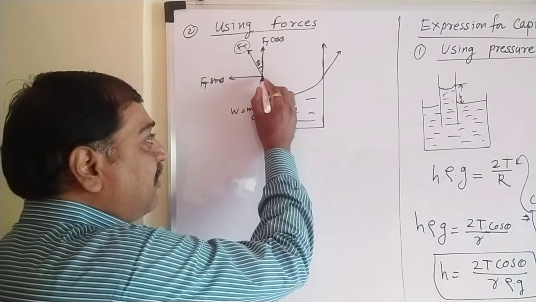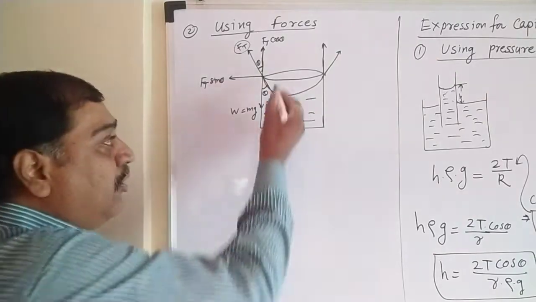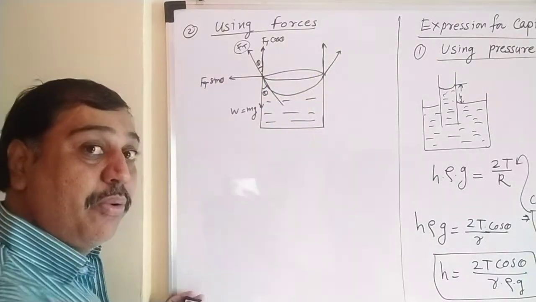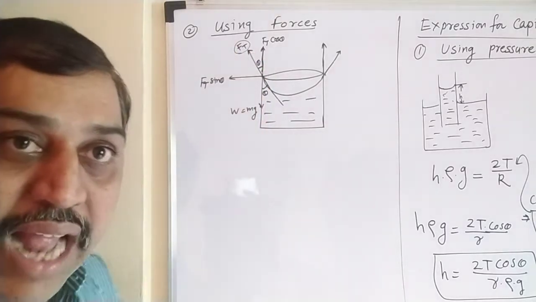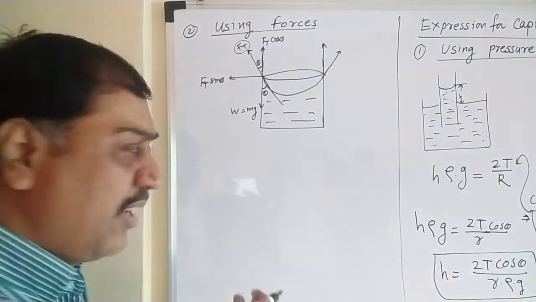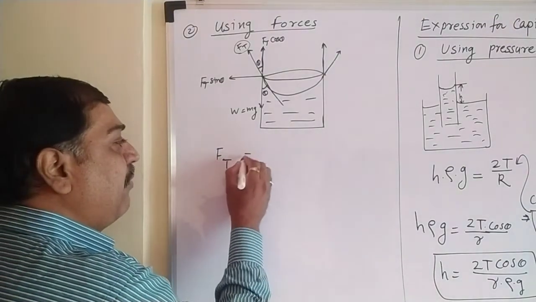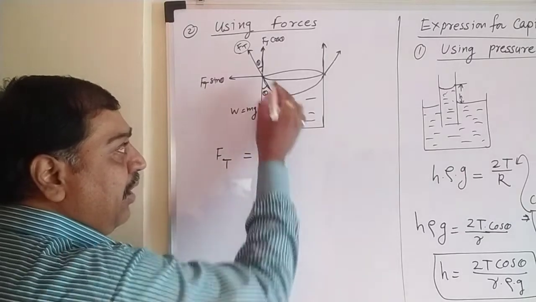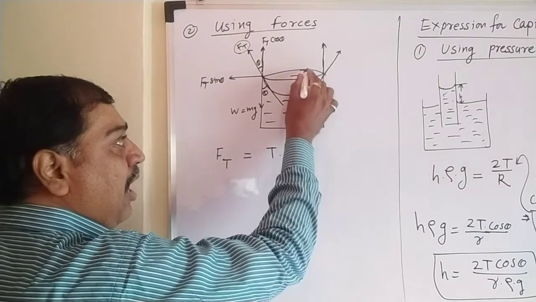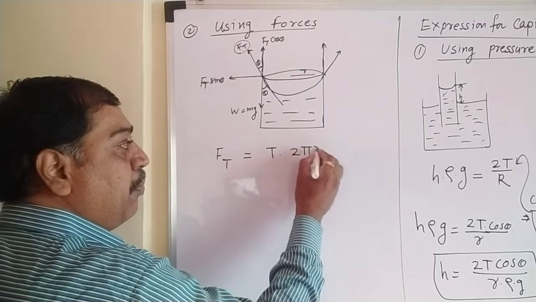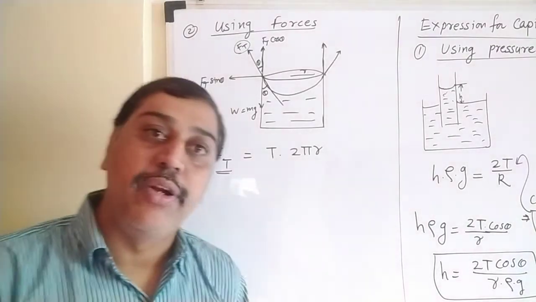And if you see, this tube is nothing but what? It is a circular part. It is actually a cylinder. So how much is the circumference? Circumference is equal to 2 pi r. So this resultant force Ft can be written as, let's write the equation for the resultant force. The resultant force due to surface tension is Ft equal to the surface tension of the liquid and the total circumference. Suppose it has a radius small r, then we can write it into 2 pi r. So this is the force due to surface tension, Ft equal to T into 2 pi r.